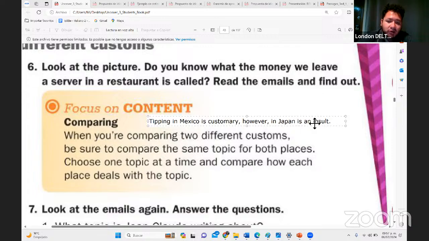Okay. So, you're going to write two things. Vamos a comparar algo que sea en México y algo con otro país que quieran. United States, I don't know, any country in South America, in Europe, in Asia, you choose. And please write a sentence here in the chat about how Mexico is different from other countries. What is customary in Mexico and is not in other countries. Okay, you can go ahead.